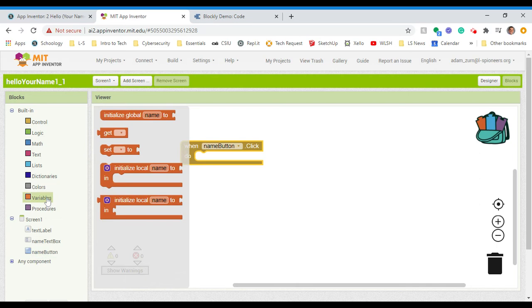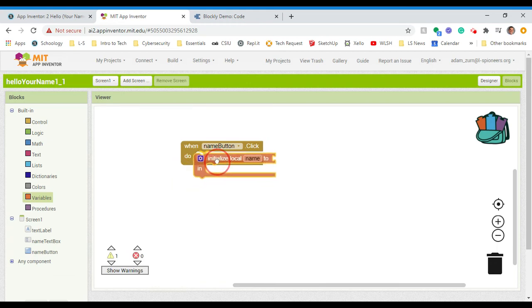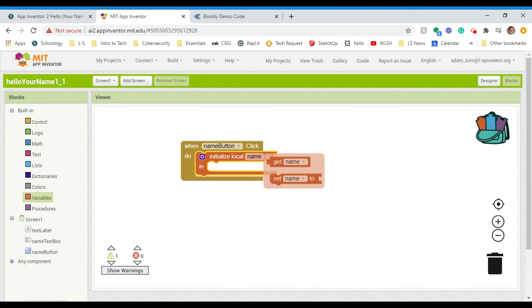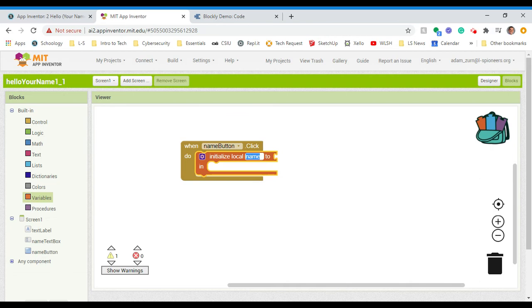So first I've got variable. And as we've talked about before, we've got global variables, so this would be this. And I've got local variables, which only take effect inside this event handler. And there's pros and cons to using both. I think we could use either one. I think I'm going to use just this right here. And it says name, and I know I'm doing name, but that just defaults to that because, what's the name of your variable going to be? And I could make it say anything, like person name. It just happened to be name because it's saying what's the name of your variable. All right, so